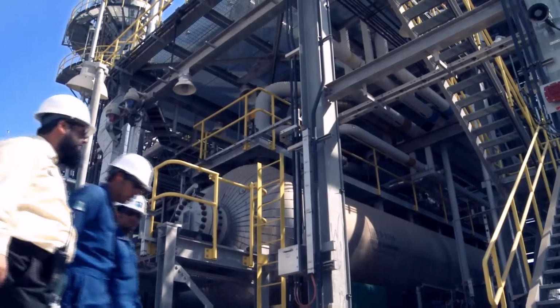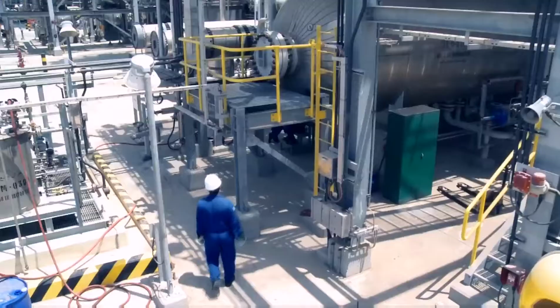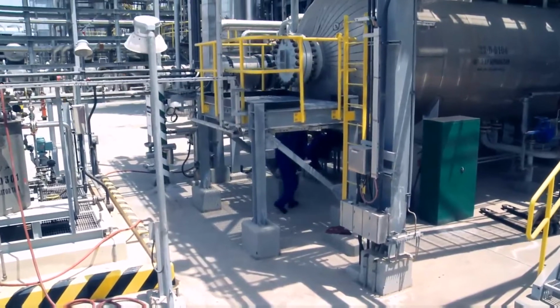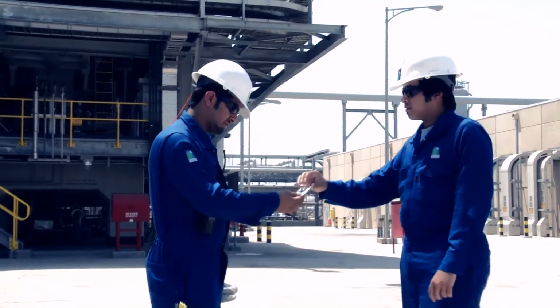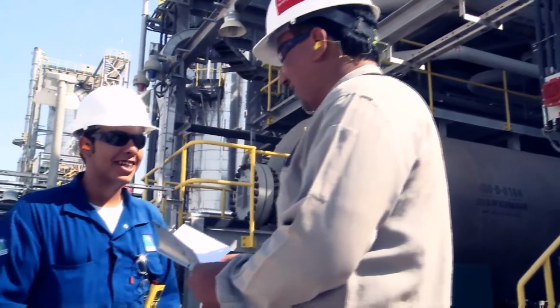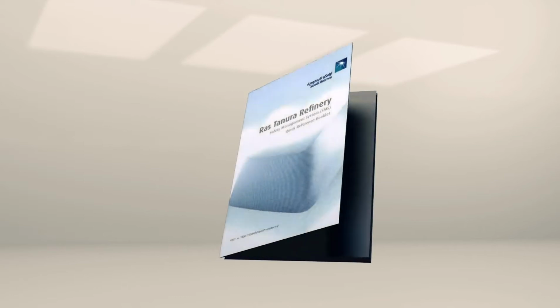Also, as you are visiting RTR, you should remain with your host and follow his instructions. If you're going to work independently at RTR, you will need to go through a more extensive safety orientation. You will then be issued a plant ID and be allowed to enter the refinery unescorted. Basic safety rules you need to know are contained in the Minimum Safety Rules Handbook. As you are watching this film, try to remember these rules, including: